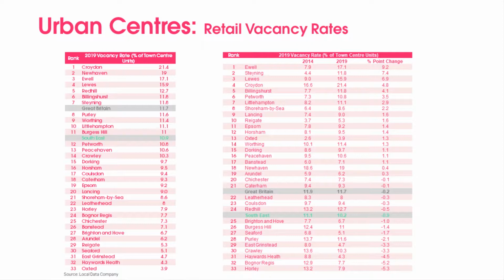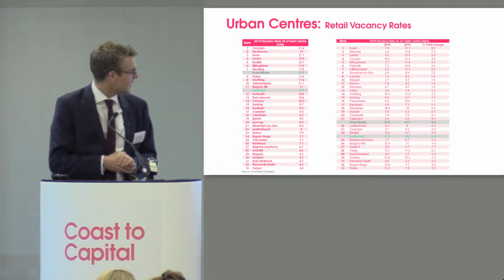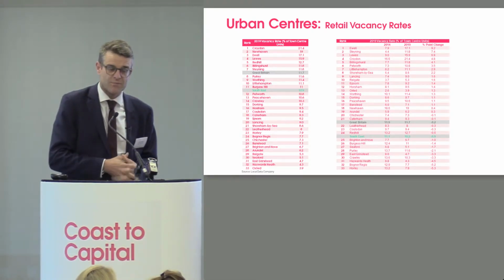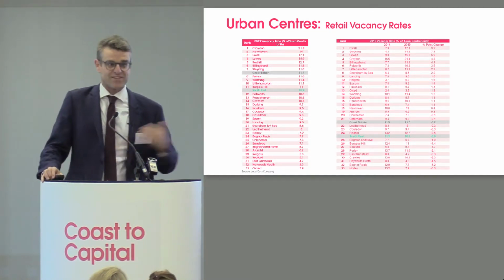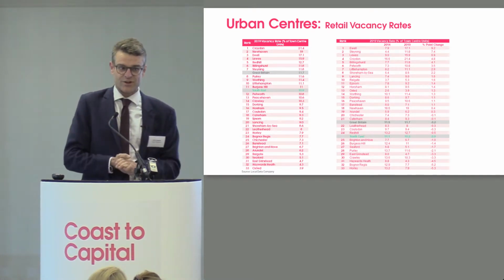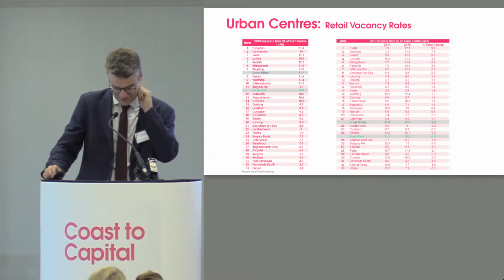When we look at the change over time, more centres have seen a more negative change in relation to the UK, so it's certainly something to watch. Interestingly, when you look at the coastal centres, they seem to have been more resilient to retail shocks over the last couple of years. My theory on that is that they had their shock a while ago and now are probably more focused on local markets,